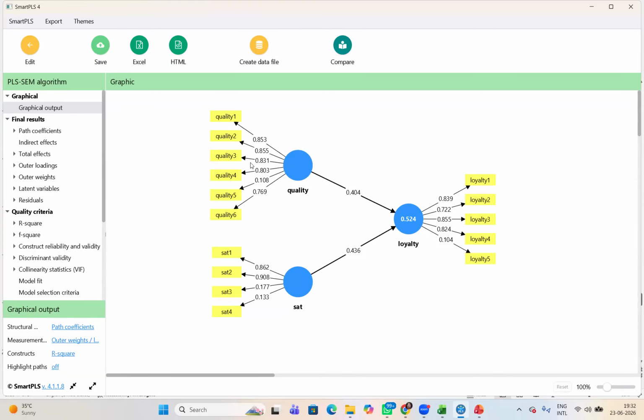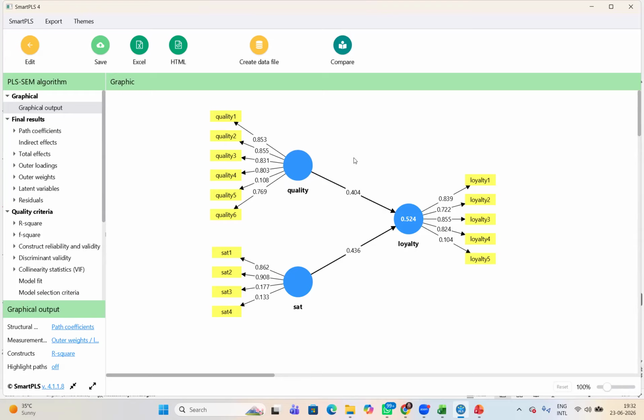So first of all, these are the loadings: 0.85, 0.855, 0.83, 0.8, 0.108, 0.679, 0.962, 0.908. So these are the loadings. Now note down: if your loading is less than 0.7, then that is not a significant loading.